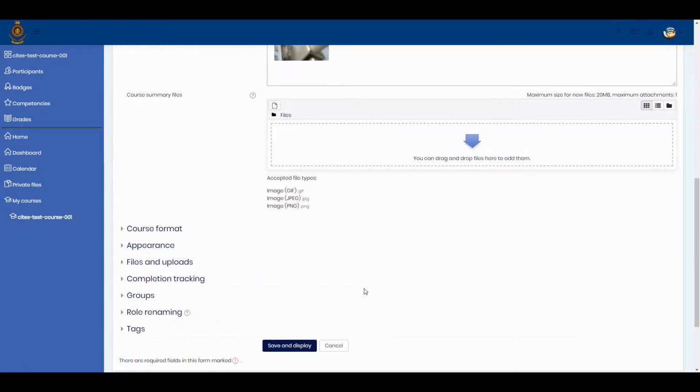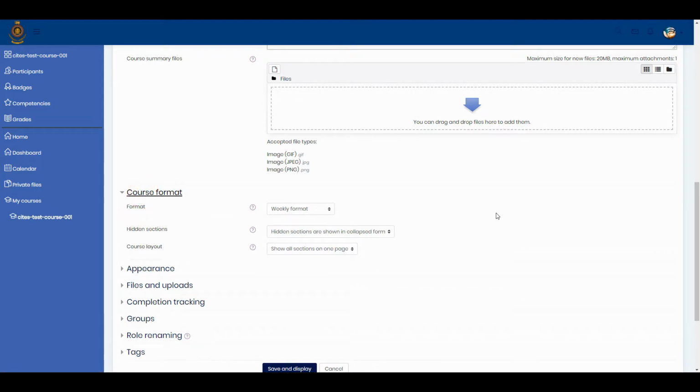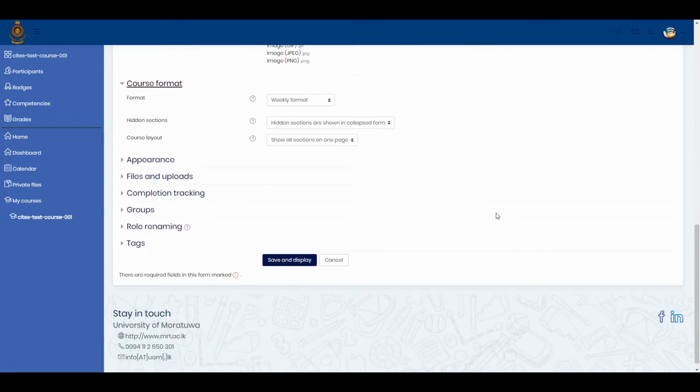If we click on the course format, this is where we can choose how you want the resources and activities to be displayed. Topics give us numbered topic sections. We also can even select weekly format where sections are named as weeks. Social format is one big message board for discussions, or single activity format which allows you to add just one particular item such as a SCORM package or a quiz.